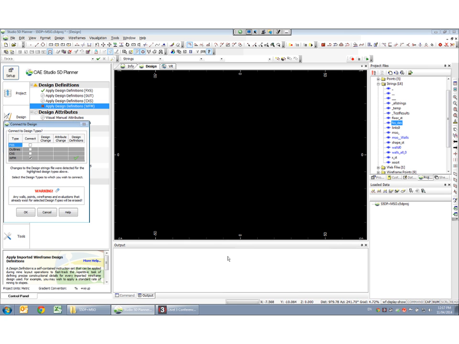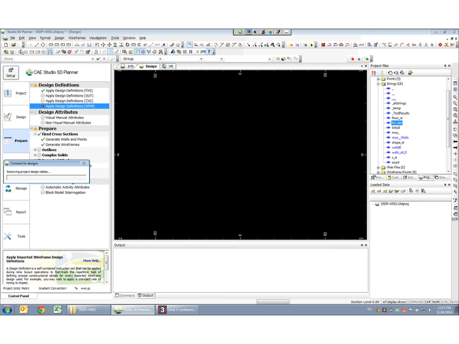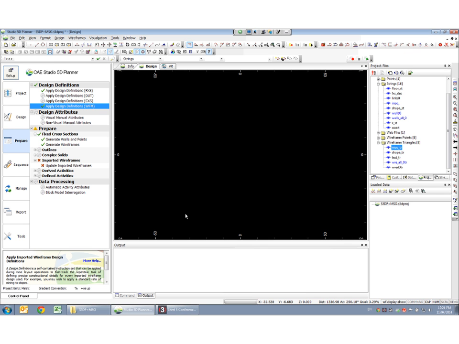So I need to now apply those to the design. It has to remove the ones because I've already done this once when I was preparing for the demo. Okay, so